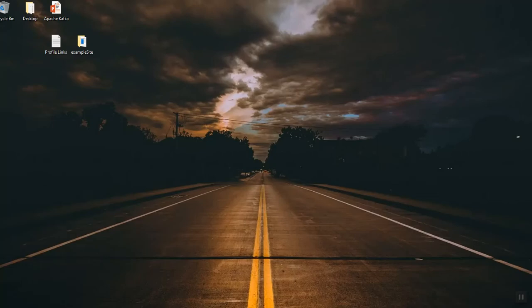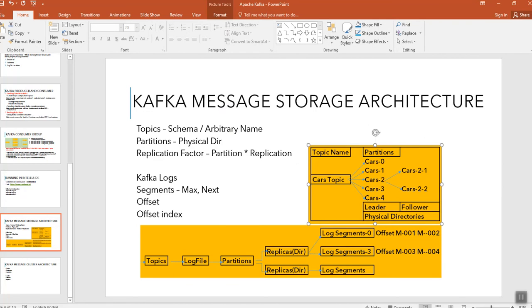And the next thing is the log segments, how these logs are created. Inside the replication directories we have the messages. These are stored within the directories in the log files. Why we are creating a lot of log segments here is, instead of creating one huge file in the partition directory, Kafka creates segments. The maximum by default would be 1 GB, and once it reaches that limit, it creates the next segment.